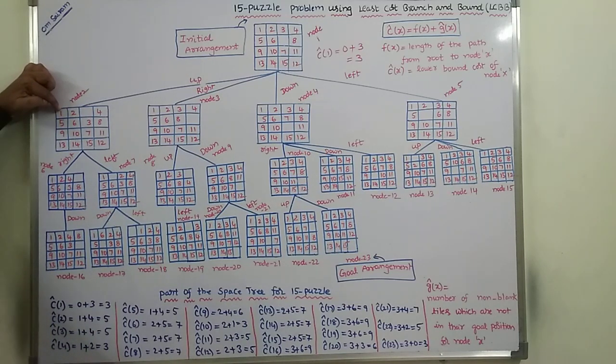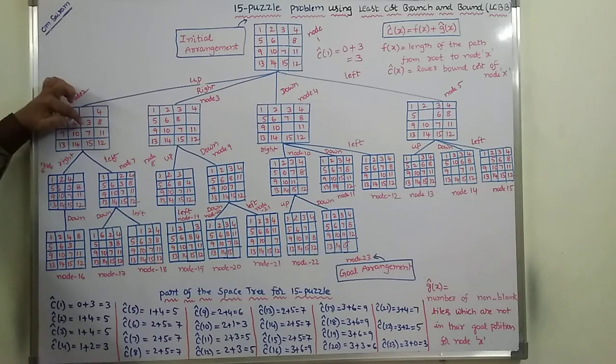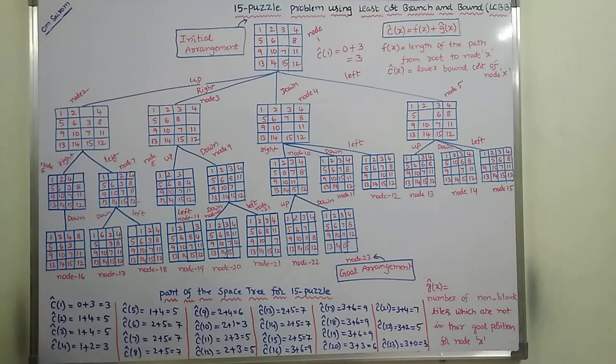Okay. 1 already correct position. 2 correct position. 3 it is not there. 4 okay. 5 okay. 6 okay. It is not correct position. 2 8 correct position, 9 correct position, 10 correct position, 7 it is not correct position, 11 it is not correct position. So 4, this is not correct position, this is correct position, this is correct position, this is correct position, this is not correct position. 5 minus 1, that is 4. So 1 plus 4, that is equal to 5. Okay. So in this way we have to calculate all the